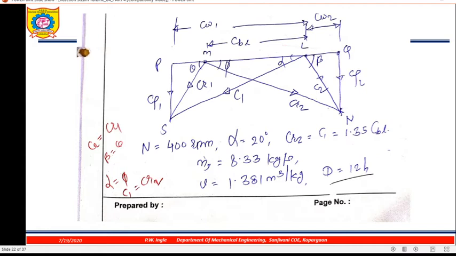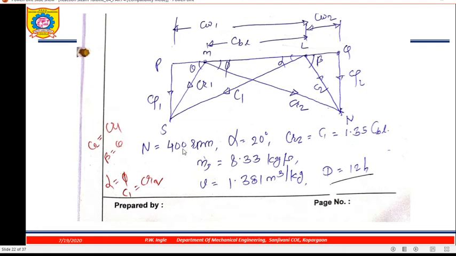First of all, velocity triangle for reaction turbine. So this is a CBL, which is common for inlet and outlet velocity triangle. C1, CR1, theta angle, phi angle. Okay. So for Parsons turbine, C2 equal to CR1 and beta equal to theta. Okay. Alpha equal to phi, so C1 equal to CR2.